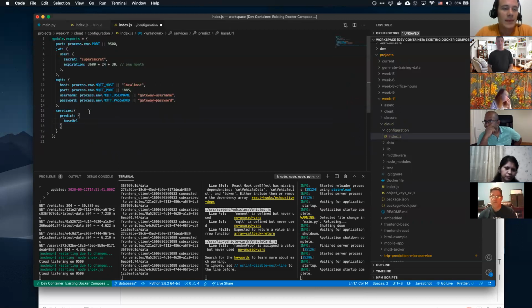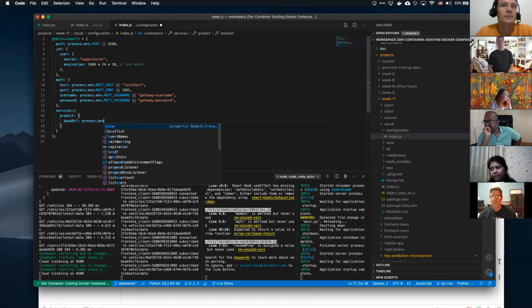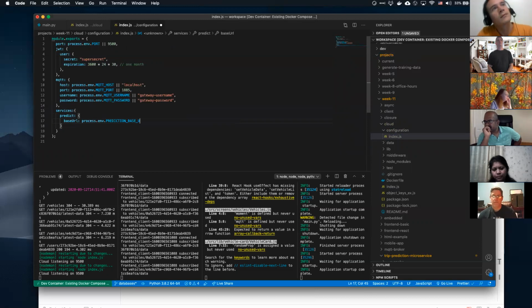And the base URL is just so that we'll have to do this later. We'll do process.environment. Let's just do prediction base URL, or in this case, we can just say HTTP localhost, right? Port 9600.